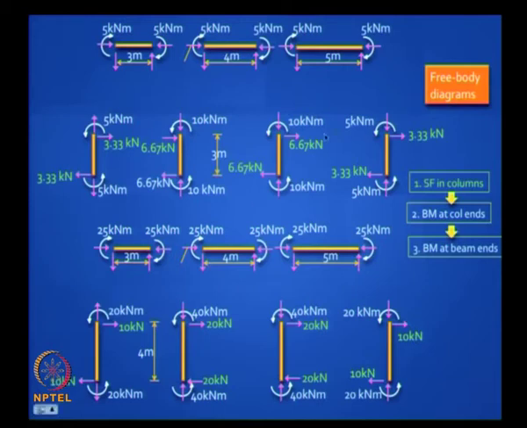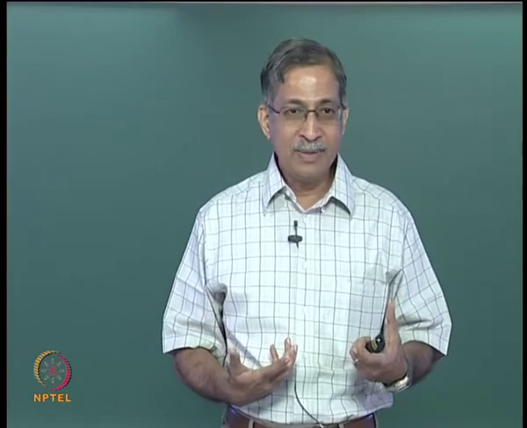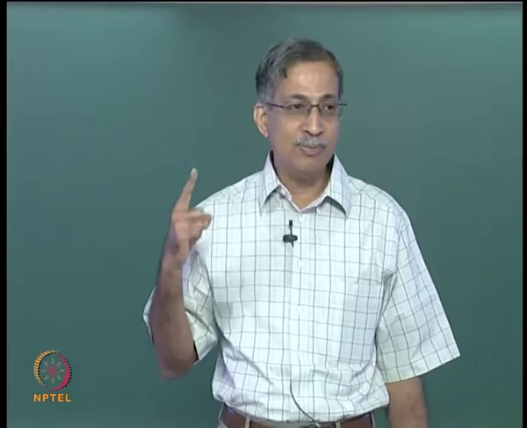Now take a look at this. You begin with this column end moment was 5, so this beam end moment must be 5, because of the point of contraflexion in the middle, and if this is 10, this must be 10 minus 5, which is 5, and so on and so forth. So you will find that the assumption by Smith, that the exterior column takes half the column shear compared to an interior column, greatly simplifies your calculation. You have only one beam end moment to calculate at every story.